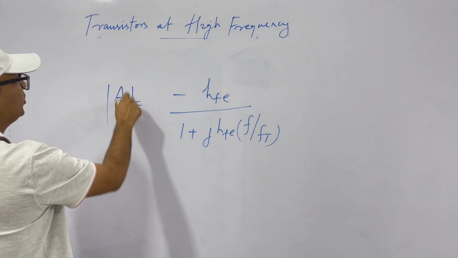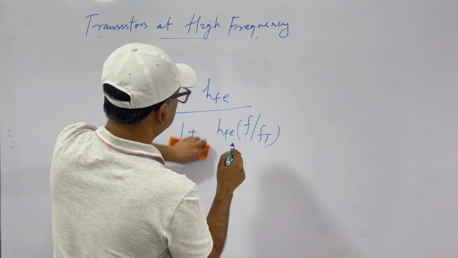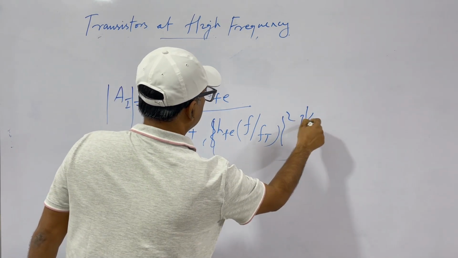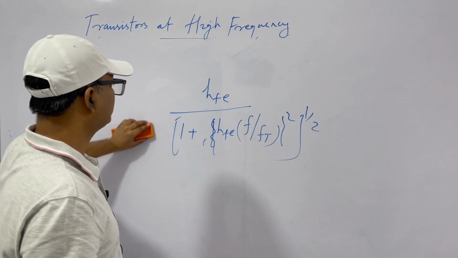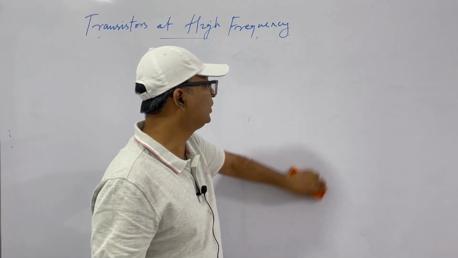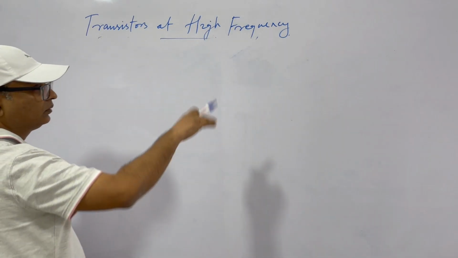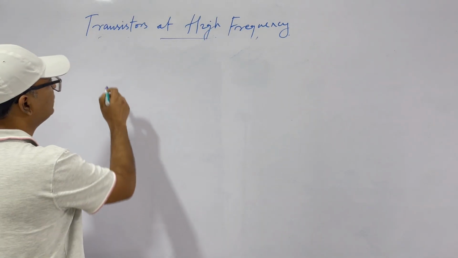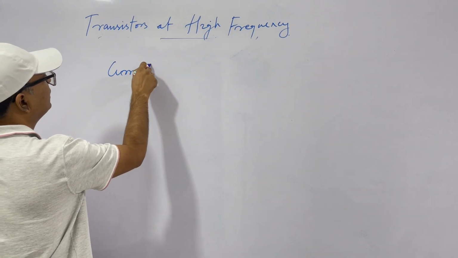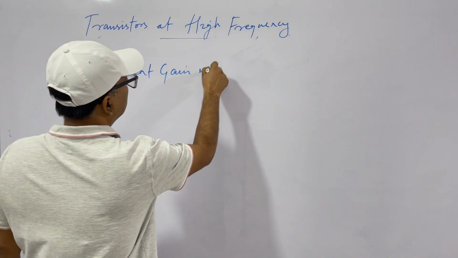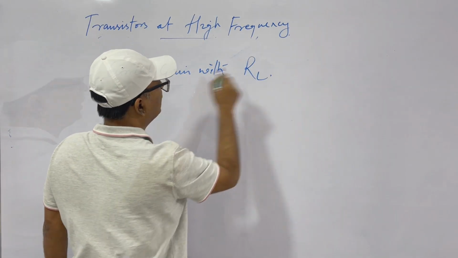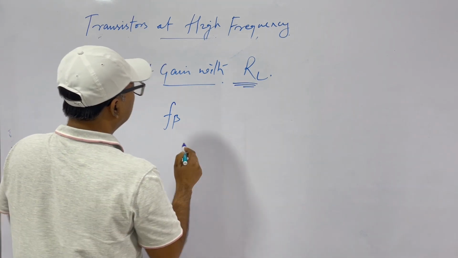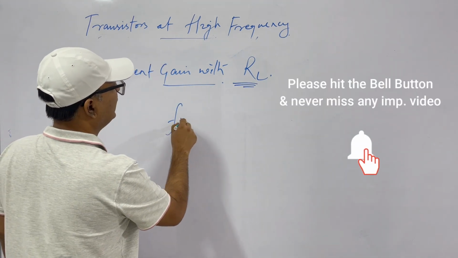And similarly, if you want the magnitude, this will be this plus this square and under root. So you can see the magnitude from here. At this it will be equal to 1. Now all these expressions that we derived were for current gain without the resistive load. What will be the current gain with resistive load RL? Now our F beta, when we take the load RL, is denoted as FH, which is